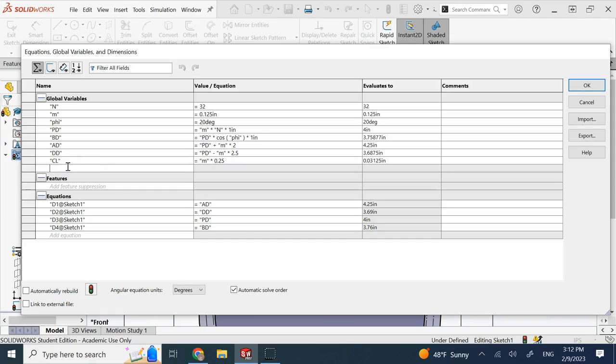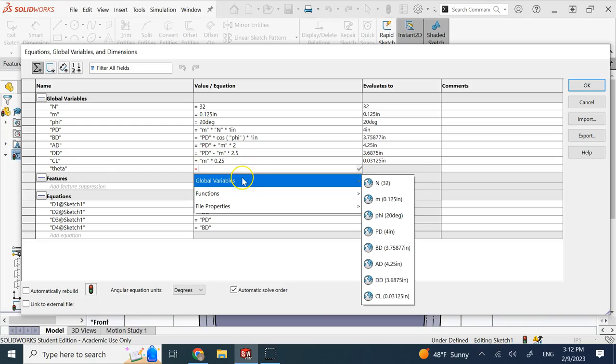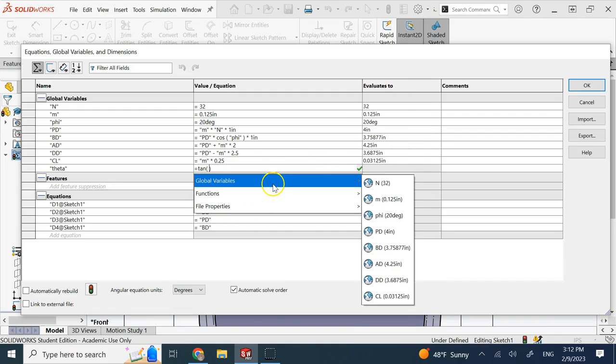So here I call this an angle, or let's call it theta, for example. This theta equals, as I said, the pressure angle, but the important thing is since we are subtracting tangent of angle minus angle, the angle here has to be in radians, okay? Because tangent of the angle is going to be a number, but the angle here is in degrees. So I need to use the tangent function. So it's going to be the tangent of the pressure angle,